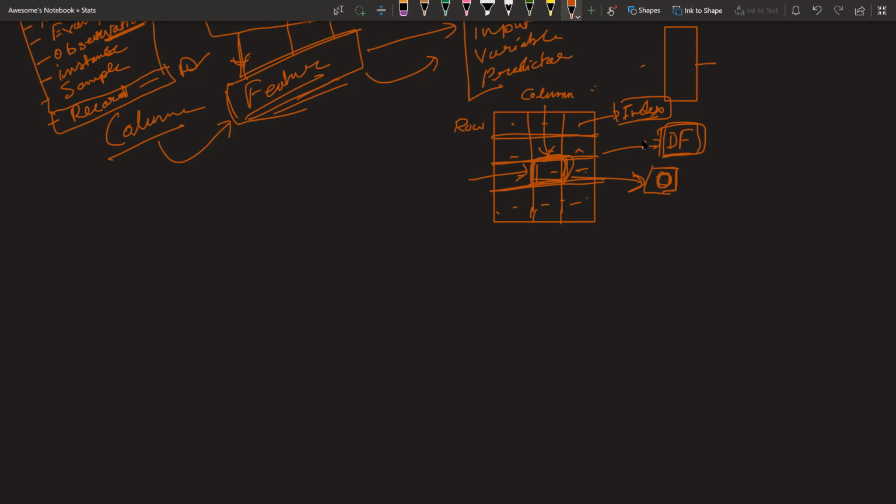Index starts with 0. So the first value would be 0, then 1, then 2, then 3. Then this is also 0, this is 1, this is 2, like this. So if I say column 1 and row 2 is the cell address, column 1 I will say C1, and row 2 is the address of this particular area. It would not be wrong.